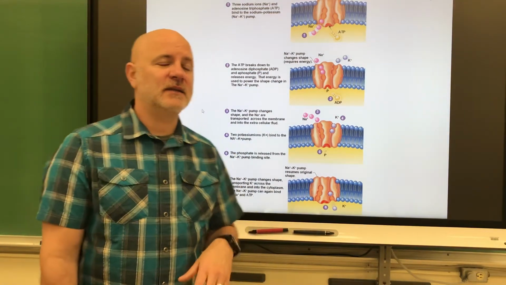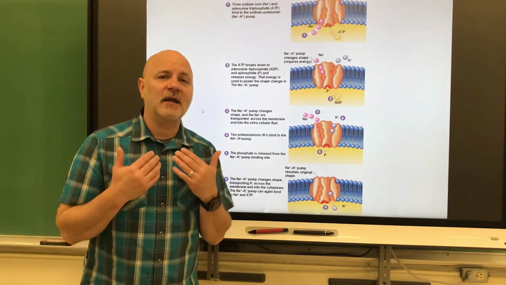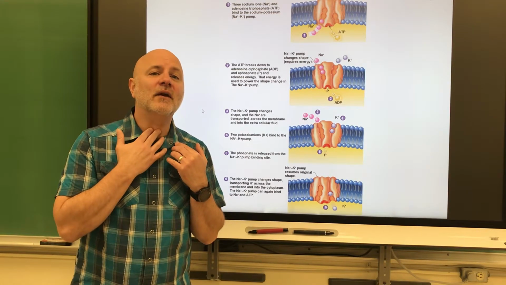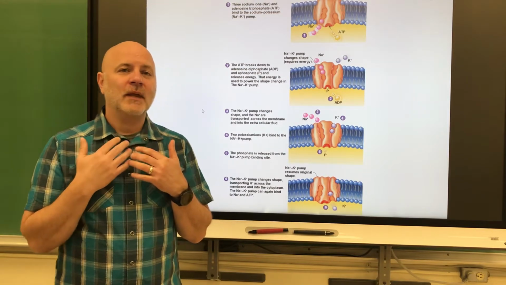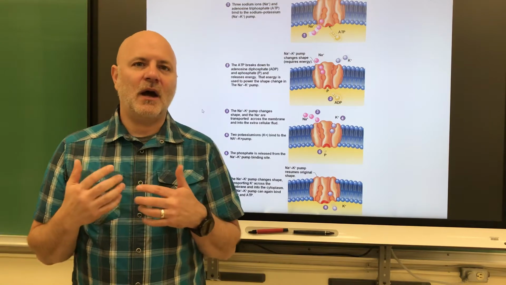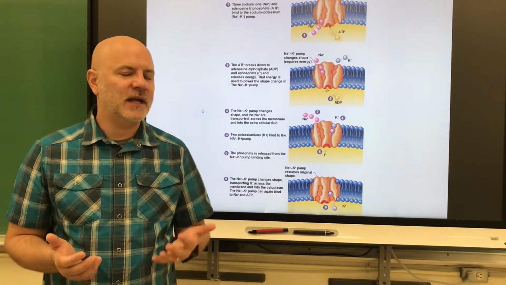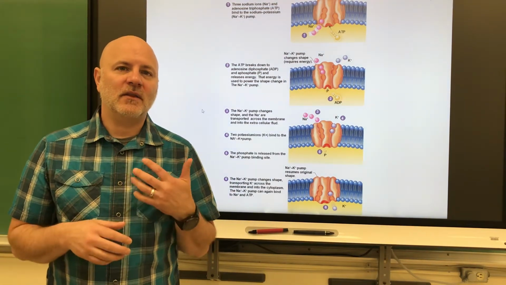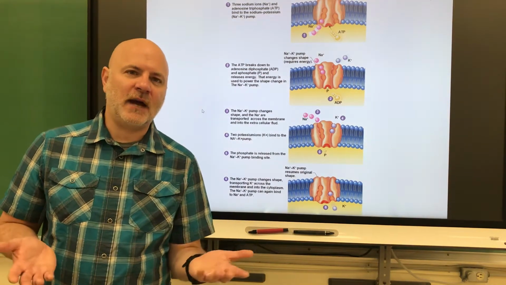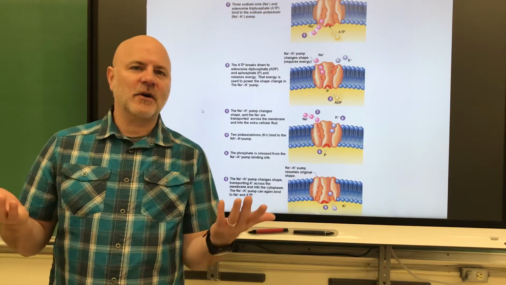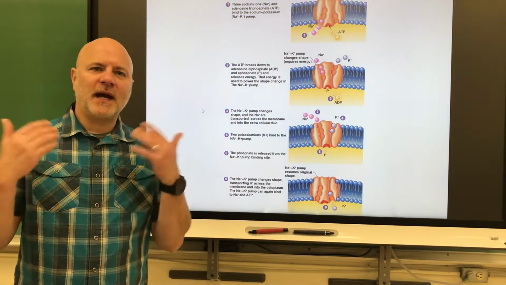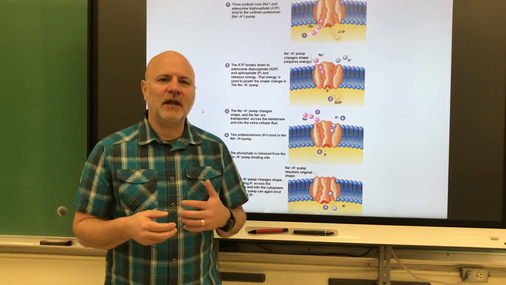Another example is putting iodine into our thyroid gland. If you find your voice box, a little bit below there is your thyroid gland. We pump iodine into our thyroid gland to make a couple of hormones which are collectively known as thyroid hormone. Thyroid hormone regulates our basic metabolic rate. If your metabolism starts going down, you produce more thyroid hormone, and your metabolism goes up. But we need iodine to do that, so we constantly pump iodine into our thyroid gland